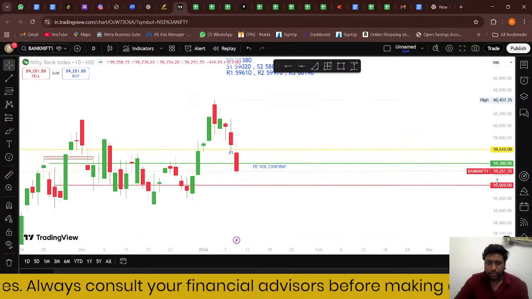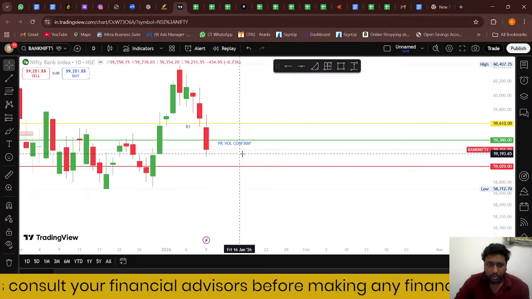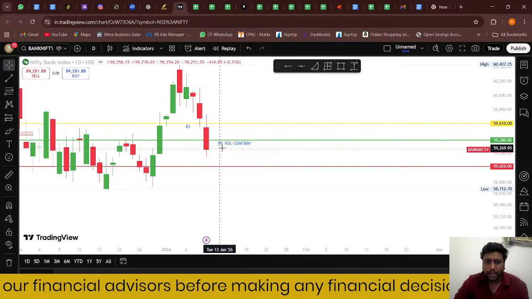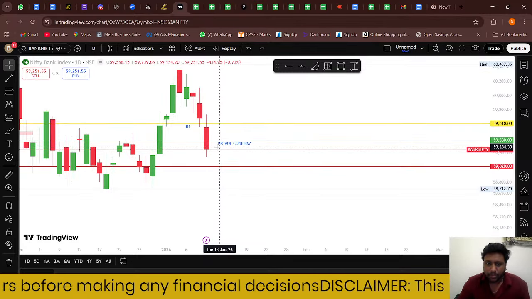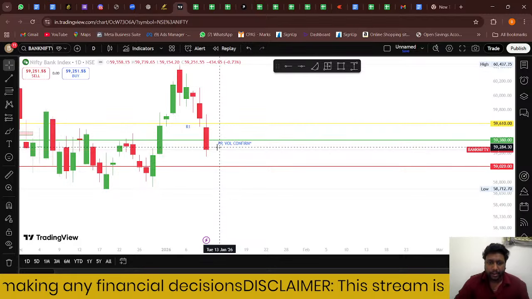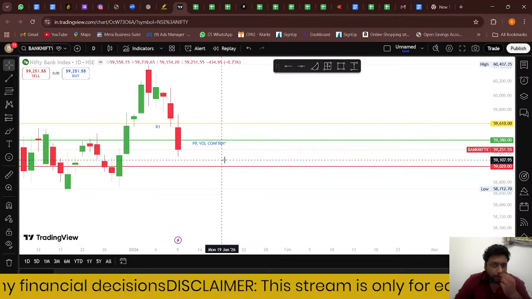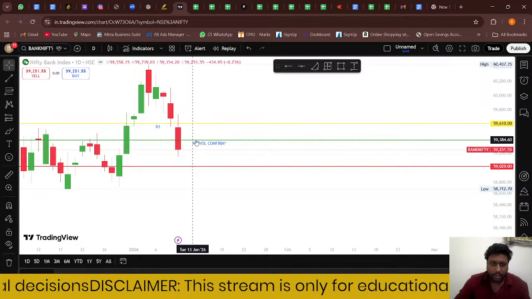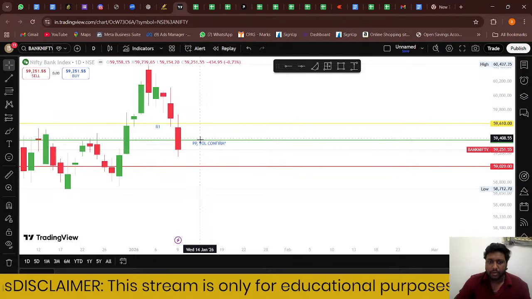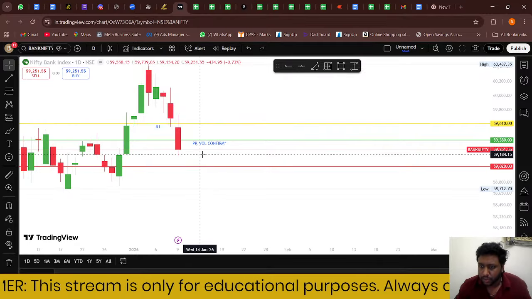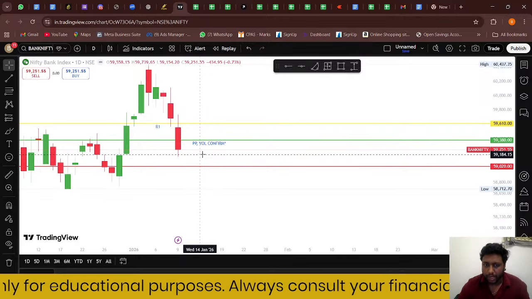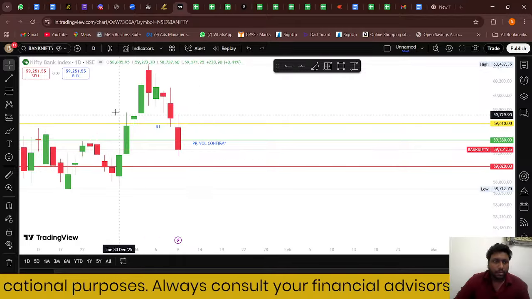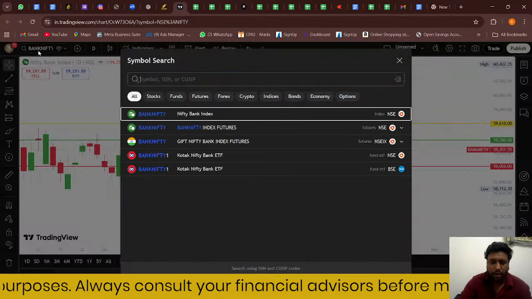Today also, it is trading below the pivot line. As we already know, any movement or market sustainability below the pivot line means we are still on the bear run. So we will get an opportunity if it retests at this particular point, or else we have to wait for the first 15-minute range to be created, and after that we will plan a trade on the breakout or breakdown. So we will see that. We will move on to Sensex now for marking the levels.